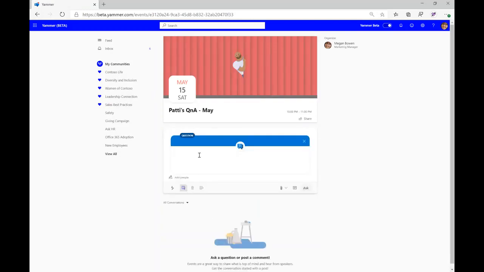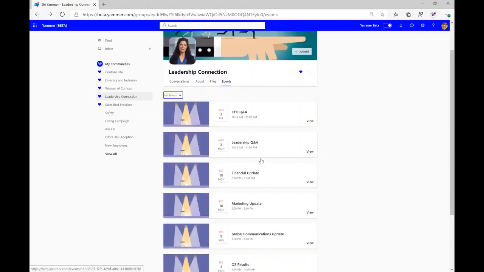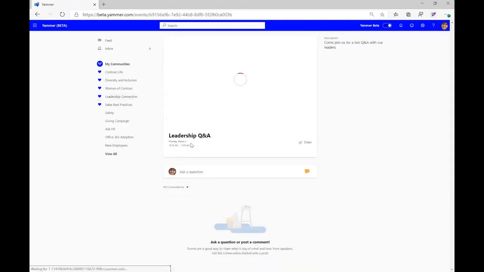The default by now actually puts you straight into question and answer format. I can filter by unanswered questions or all questions. This really helps with the moderation of the event. And then if I missed the event, and our research shows that only 30% of Microsoft employees have so far been attending these in real time, which means that 70% or so are watching the recordings, I can actually go back and still engage with this conversation.